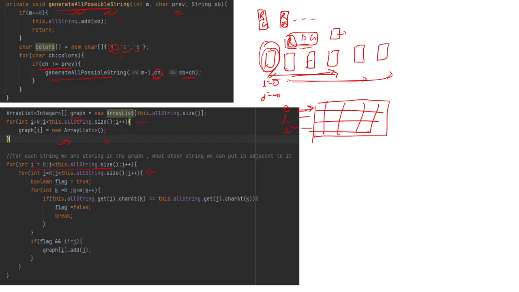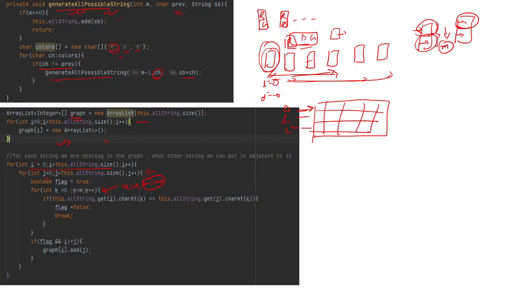And for each of these loops, we are checking the values here. The first one matches with the first one or not. The second one matches with the second one or not. So how many of these values are there? There are m values. That is why we are looping over here from k equals 0 to k equals m, and each time we are